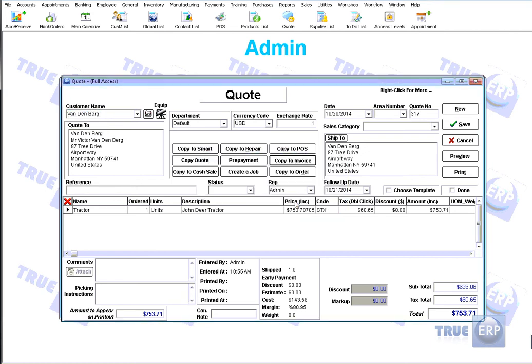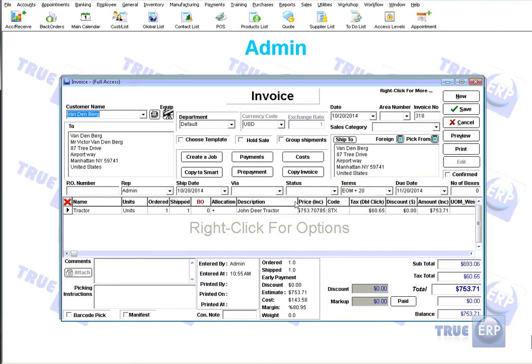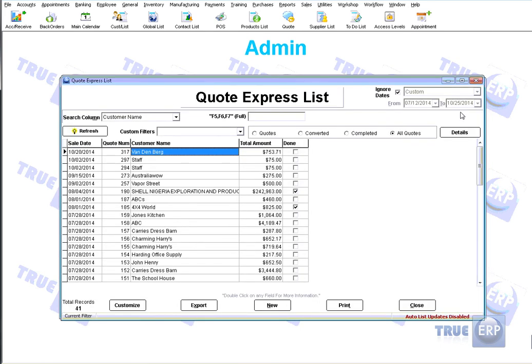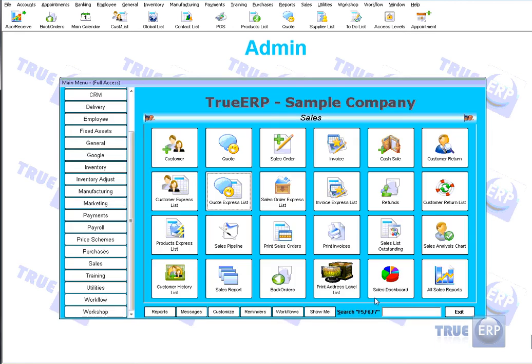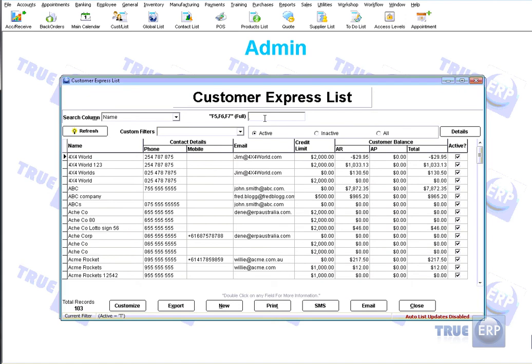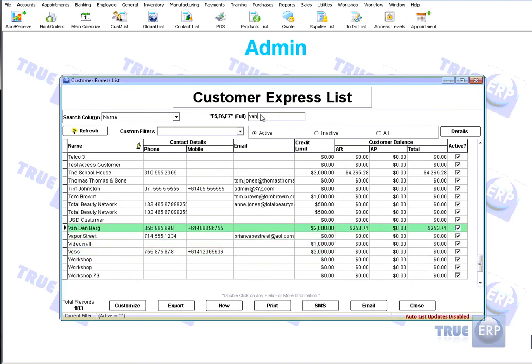It's going to ask us, so we're going to click yes. And there we go. It populates all the information for us, just like so. And we're going to click save. Now, once we've done that, we can now populate the information on his customer card. So again, if we look for Vandenberg,